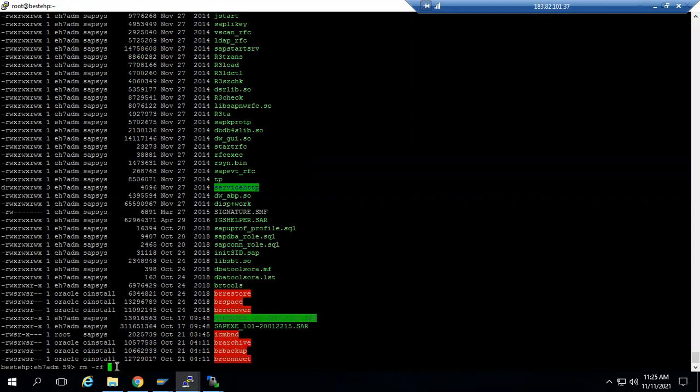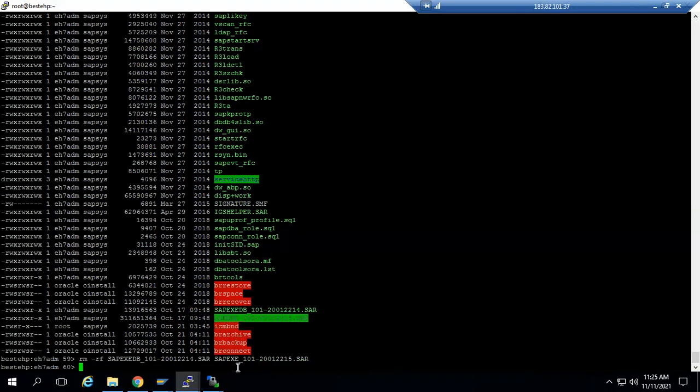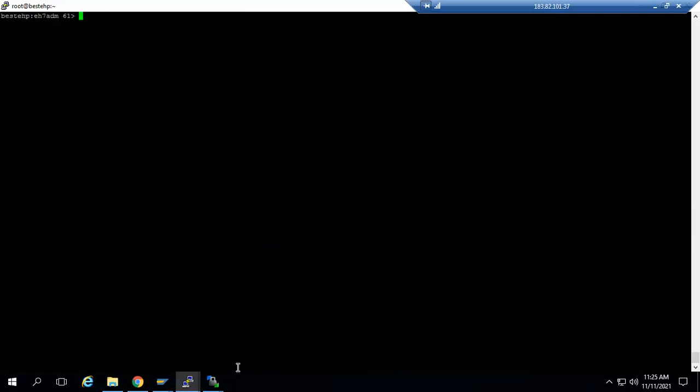So I am trying to delete this one, this is not required. I need to take a backup, right? I need to take the backup of the existing kernel before applying the new kernel.